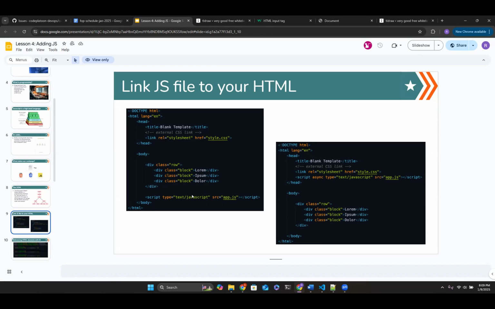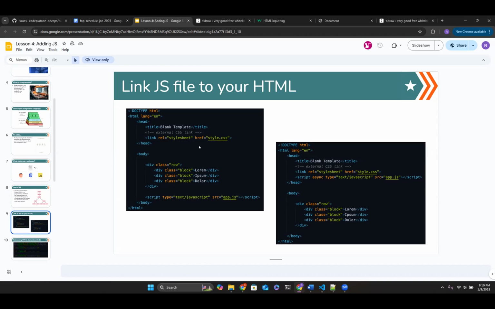The type, you're just specifying, very similar to how we did it in the link tag with the style sheet. But here in the script tag, we're going to specify that it's going to be written in JavaScript, right? You could probably add other types of scripts here, but we're specifically working with JavaScript. And then you're going to specify, very similar to how you did the link tag, the location of this file, right? But instead of using the href, you're going to use the source attribute, right? So they differ in that sense, that they're in a different tag and they use different attributes, but they're very similar. They're just different naming conventions. Now, there's two ways of adding your script tag.